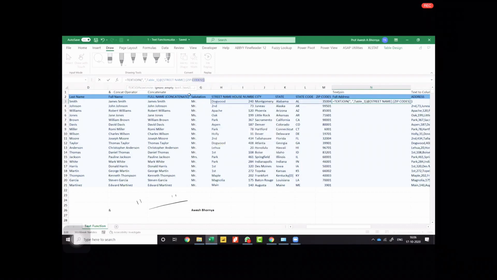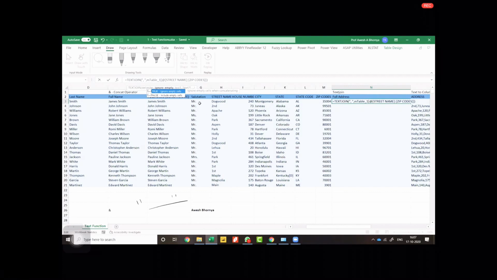Sorry, there's one more argument that I missed out. So here I have to enter TRUE if I want to ignore the empty cells. That means if any element of the address is missing, what should I do? Should I ignore it or should I include it?